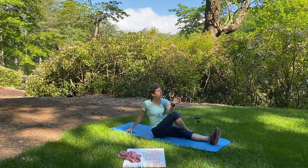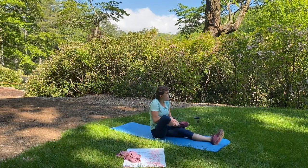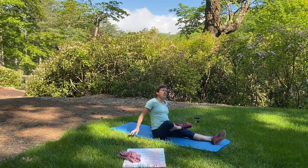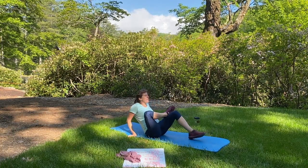Good. Let's keep that foot placement. Just let that left knee drop down. Pull that foot up on that thigh. And we're going to bring the right foot, if you're able. I like to lean back onto my hands or elbows. Just bring that right heel towards your butt into that pretzel